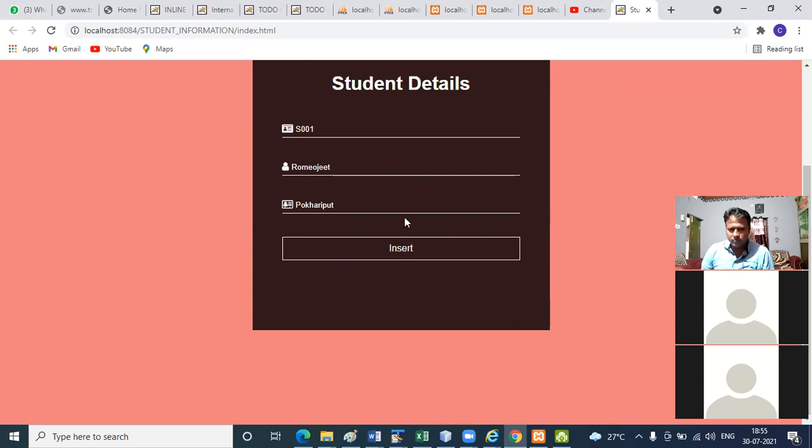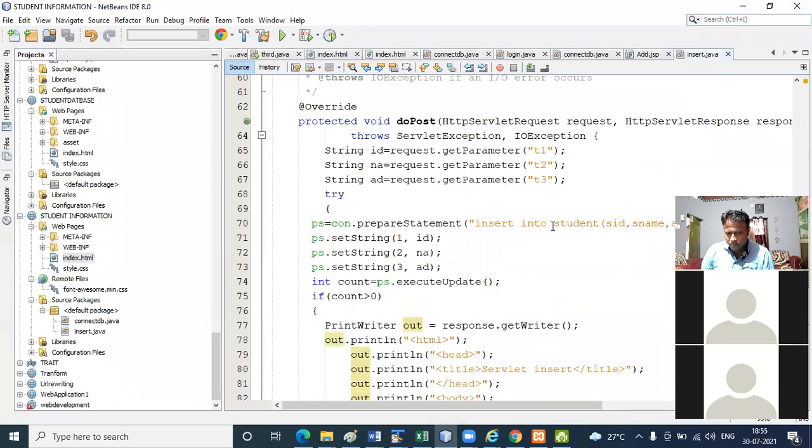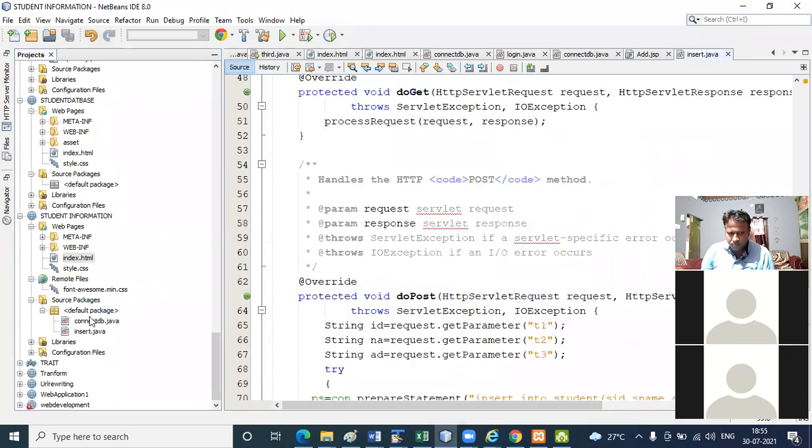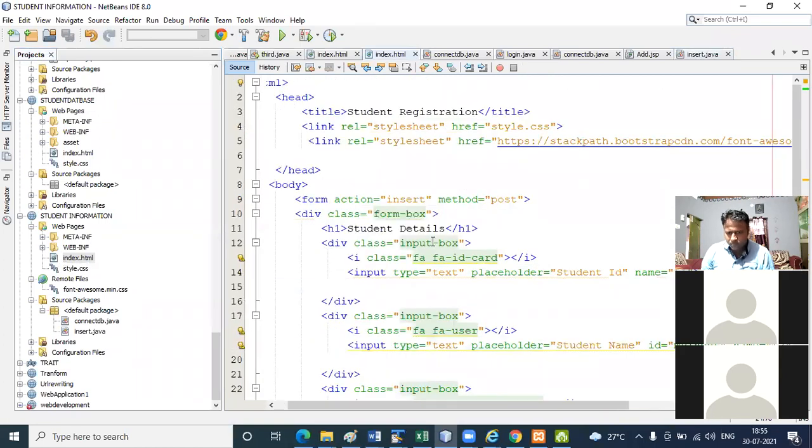It is not redirecting. Insert method is equal to post. Everything is correct.